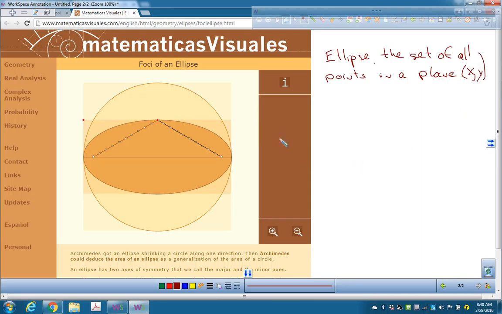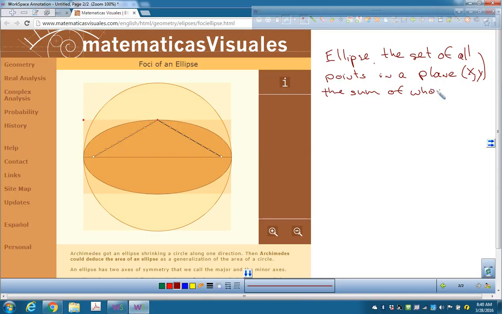What was this section called? 9.2 Ellipses, okay. The sum of whose distances, I know you can't read my writing,